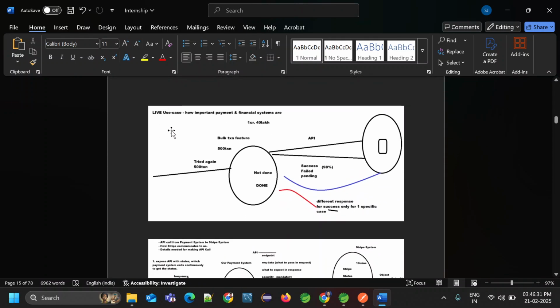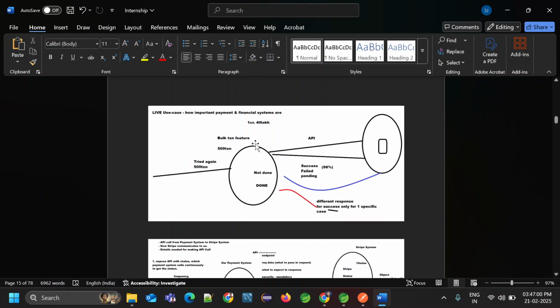In here, one live case is that if two systems are connecting or communicating with each other, then API is a must. By using API we can make payment. This is a 98% success rate. While we make payments using this application, by using API, all the time all these things are fine. But one day what happened,